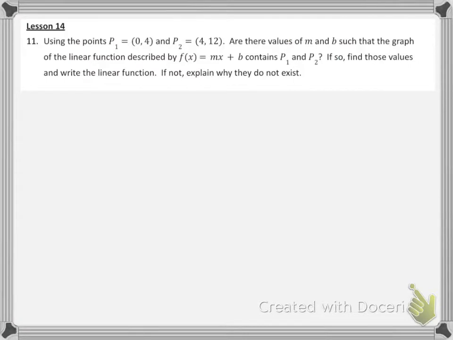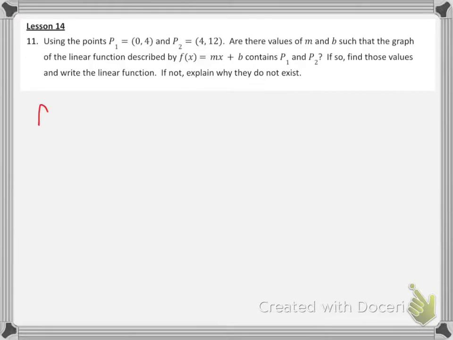Number 11, use the points P1, which is (0, 4), and P2, which is (4, 12). Are there values of m and b such that the graph of the linear function described by f(x) = mx + b contains those 2 points? If so, write the function. If not, explain why they don't exist. Well,